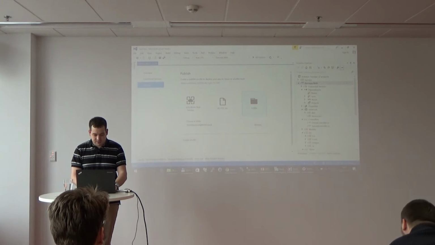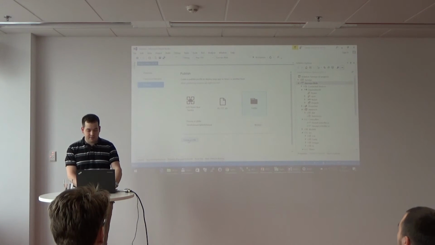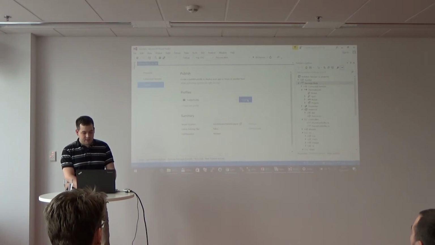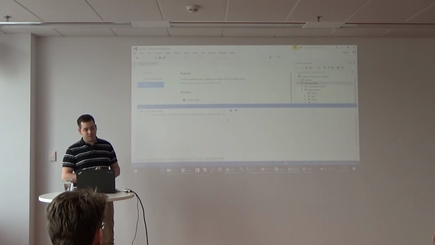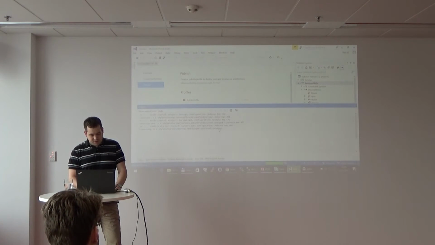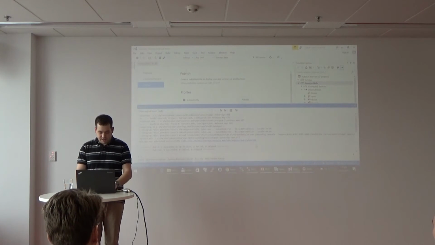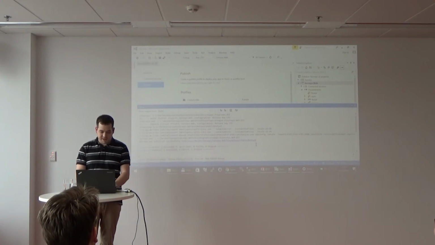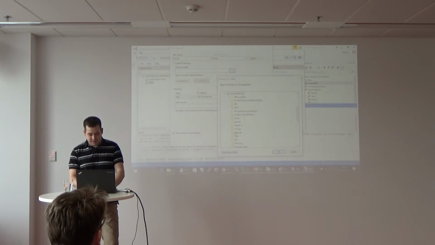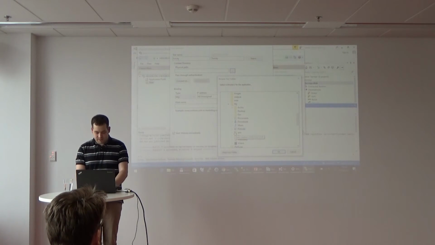Okay, I will do something different. I will create the folder deployment, and I will deploy the application to the publish output folder, and I can try to open IIS. I will create a new website, and I will select the path of my project.